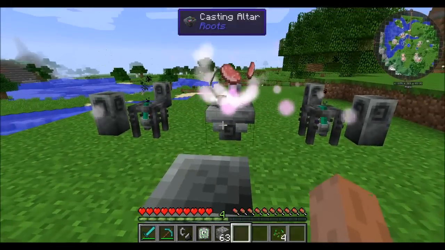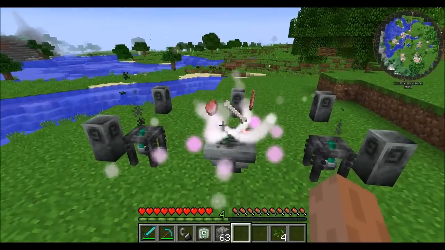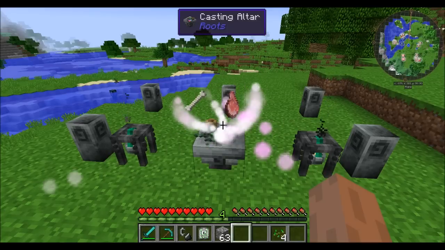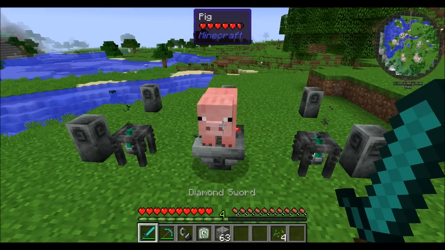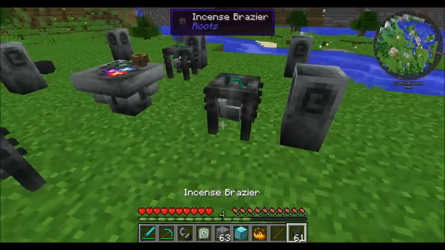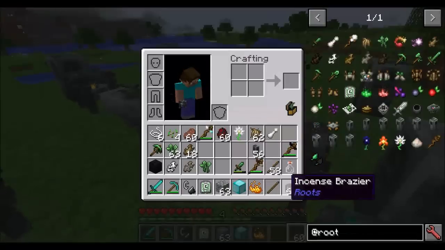Nice. So this ritual required the mundane standing stones. The one we had before did not. Pretty neat. And we'll see that this ritual should summon a pig for us. Hooray! Hey, piggy. One of the other things you can get from this system is a pretty nifty mechanic,